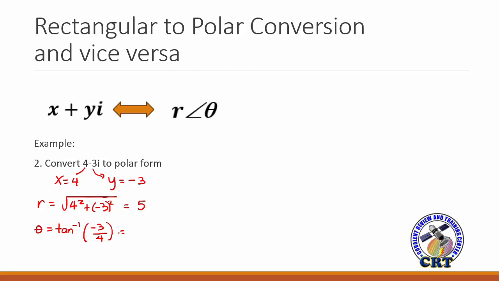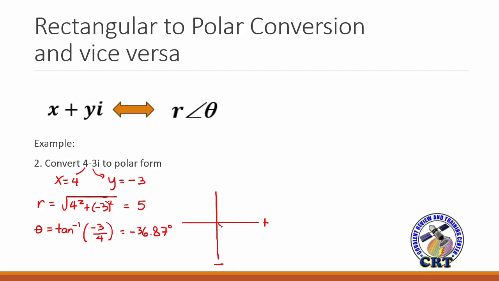And this is equivalent to negative 36.87 degrees. Okay? So this is negative because if you plot this theta, x is positive while y is negative,